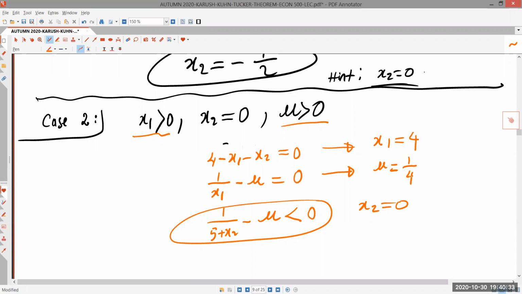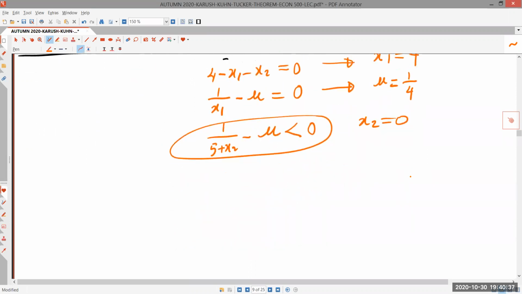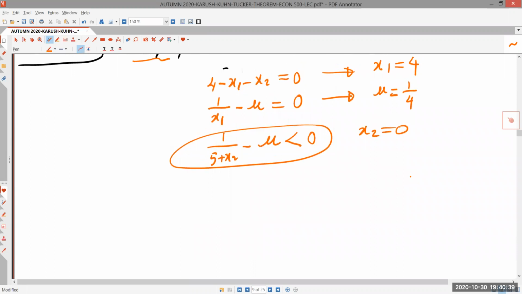Okay. Let us check whether other implications they hold. And the other condition, if you remember, is that if you take the derivative of this with respect to x2